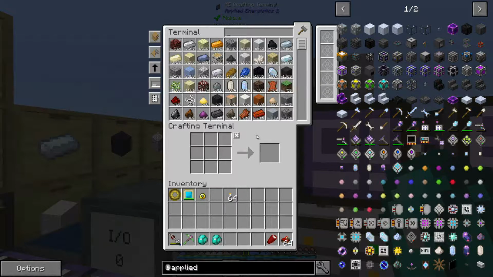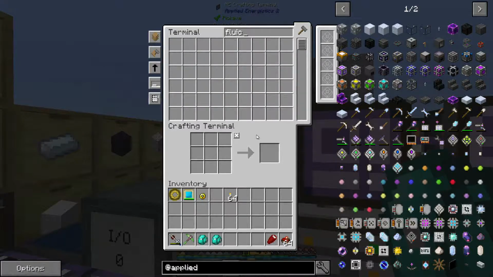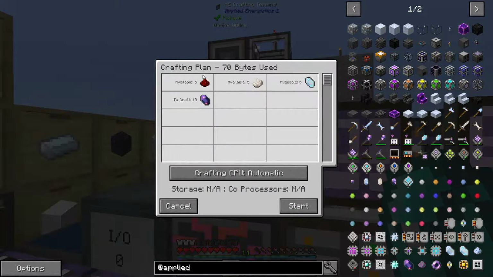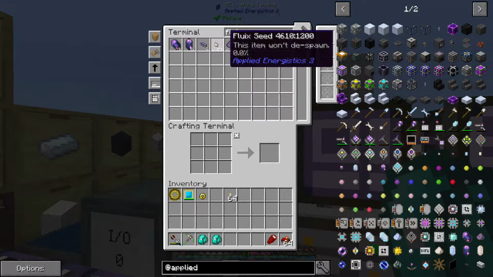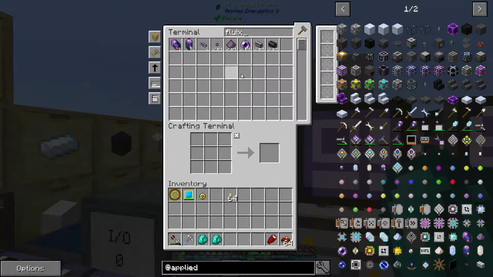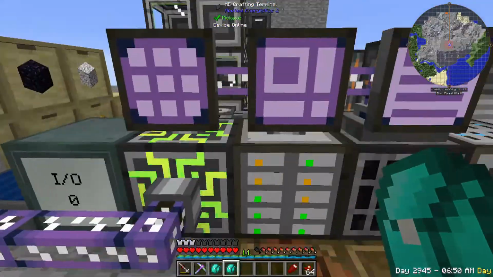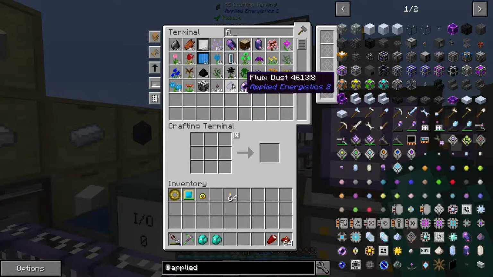So if we go here to Flux, we have 65 right now, so we can make 10 of these. It will take a bunch of this stuff, and here shortly we will start to see, now we have 67, 68, so on down the line. So one thing that I thought was really cool on this, if we craft some pure Flux crystals, because it has to make the seeds, and the seeds require the dust, it slowly brings them in. So let's craft 10 of these,